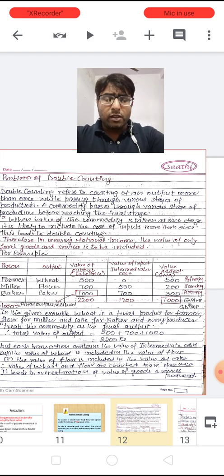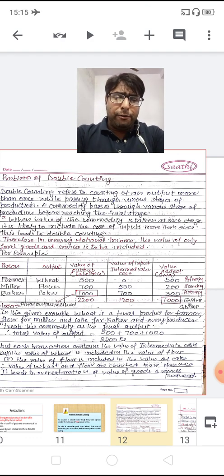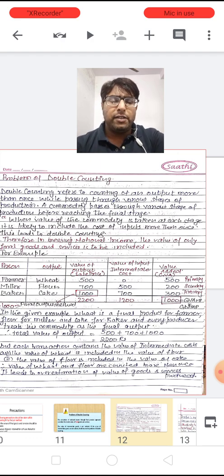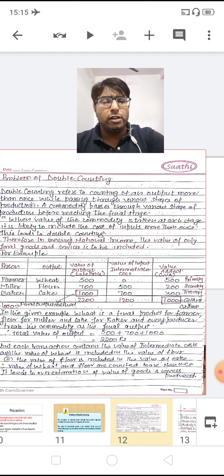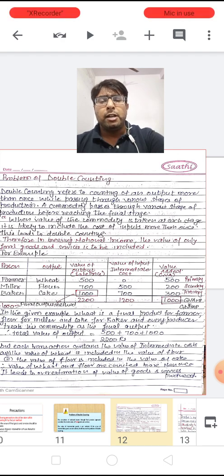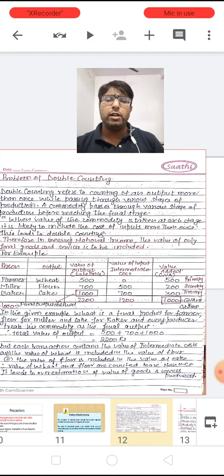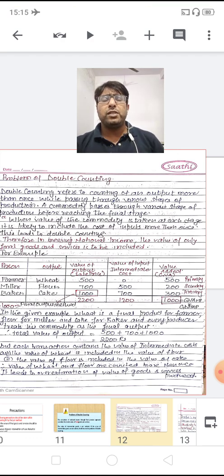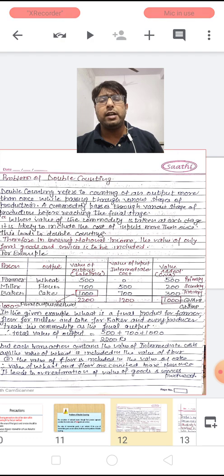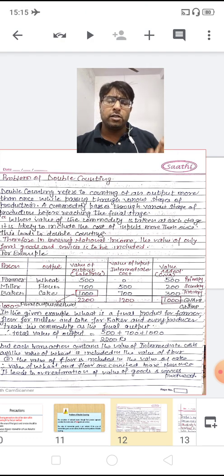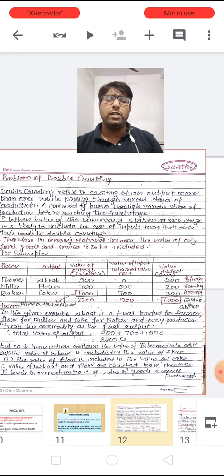Now if we summarize this, we will get the total market value of 2200, that is the sale price. But in this sale price of 2200, the value of intermediate cost is already included, which is 1200 rupees. Now this is the problem which is arising in calculating the national income. The value of intermediate goods, rupees 1200, is again going to be added here, though it is already included in the value of 2200, which is known as the sale price.